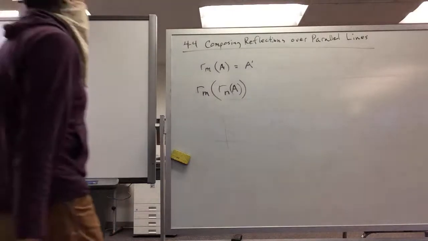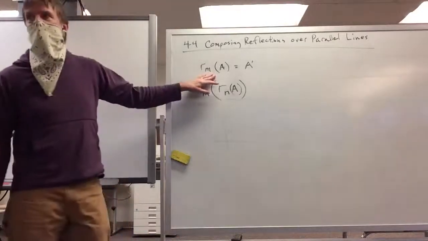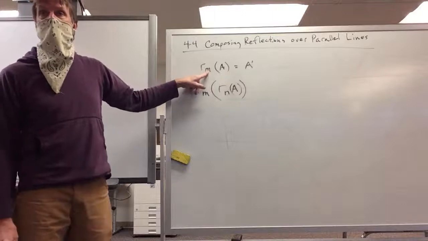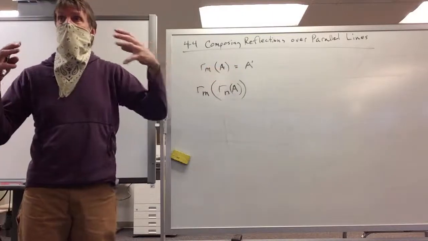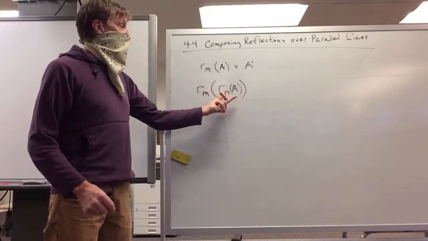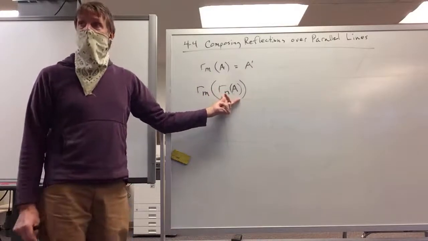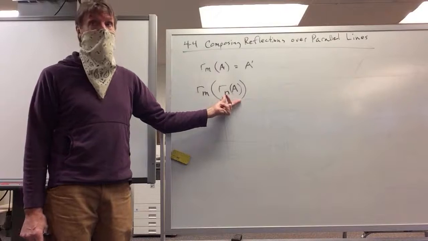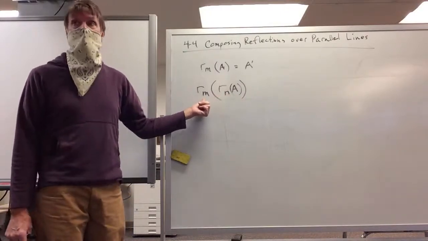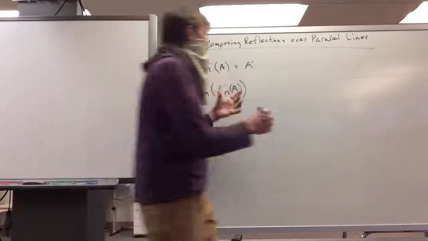And back up. So we're just reflecting over a single line. We're saying that we're going to reflect that point over that line, and it's going to give us a result. Here we're saying that we're going to take the result of this reflection, where it ends up, and then we're going to reflect it over another line. So to picture that,